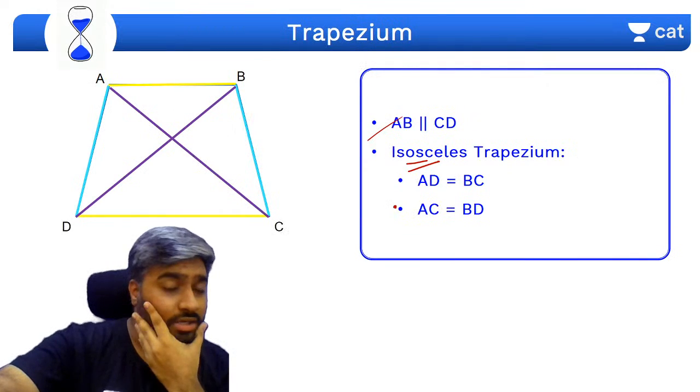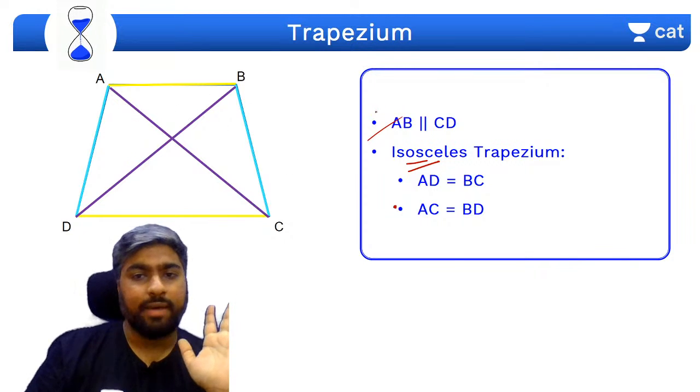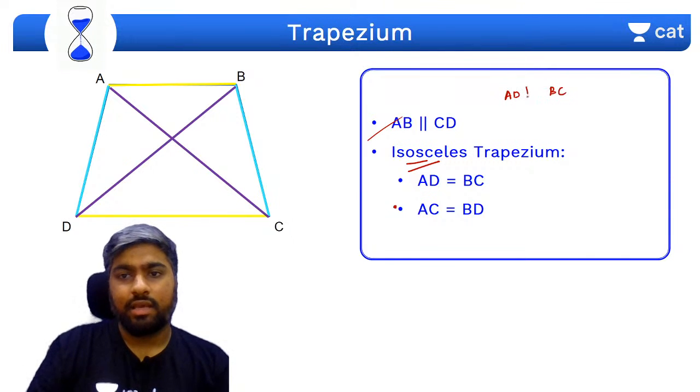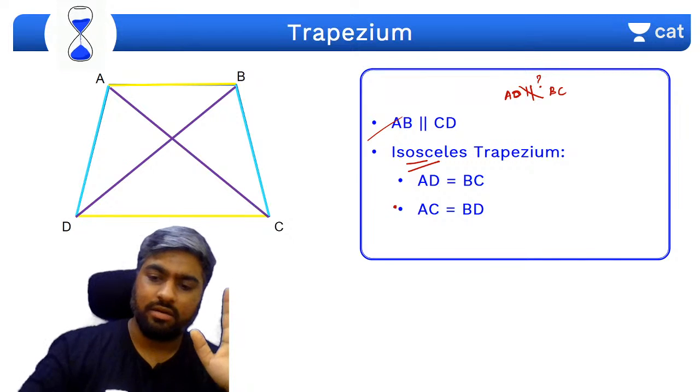Okay, now a trapezium is where one pair, right? One pair of sides are parallel, definitely parallel. We don't know about the other, right? We have no clue about AD and BC. They could be parallel, they could not be parallel. Ambiguity here. So if there's ambiguity, it's definitely a trapezium.